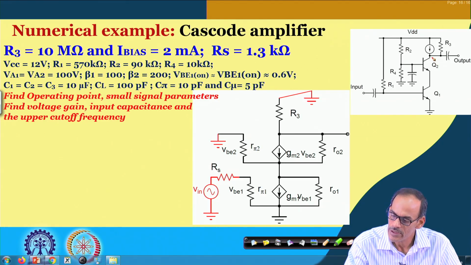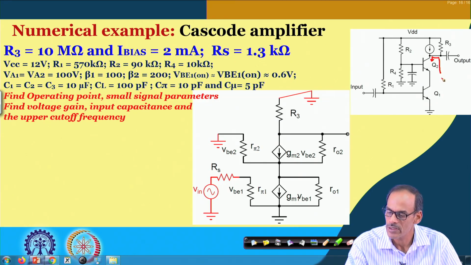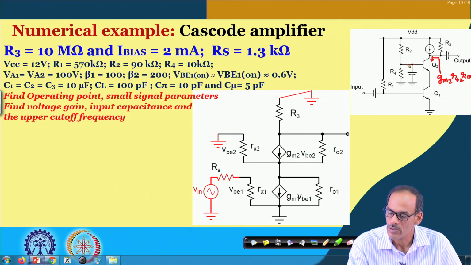If I consider the resistance of this part, in fact, equivalently you can say the value of this resistance will be roughly gm2 ro2 multiplied by rπ2. If I consider this node to be connected to ground,